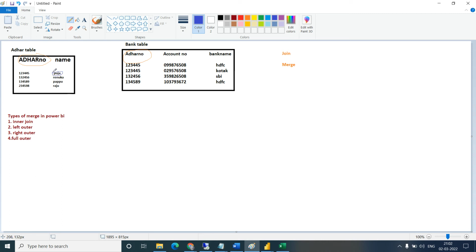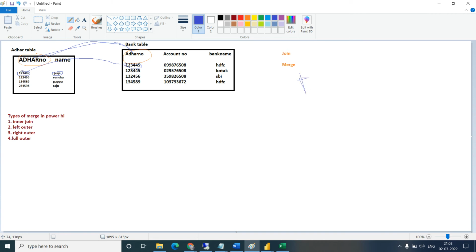We have Pooja's Aadhaar number, so we join this table with this column, with this column. It will match this Aadhaar number with this one. Is it matching with the first one? Yes. So Pooja has one account.